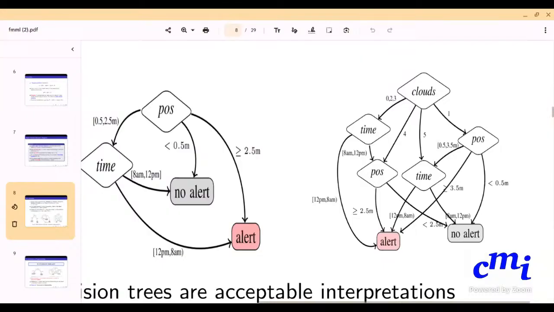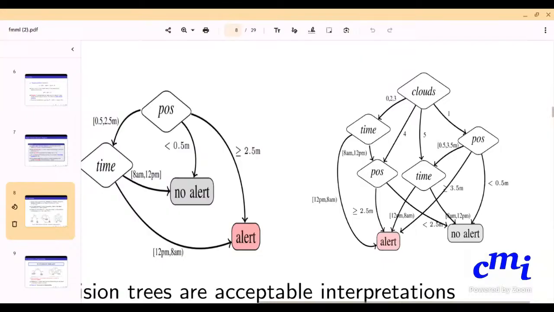Yes, but that depends on the number of partitions, right? Here there are only two partitions you are concerned with, so it's a two-way branching, whereas here it is a three-way branching. So it is not fixed, is all I'm saying. Different instances of the same predicate can have different branching. Yes, agreed.